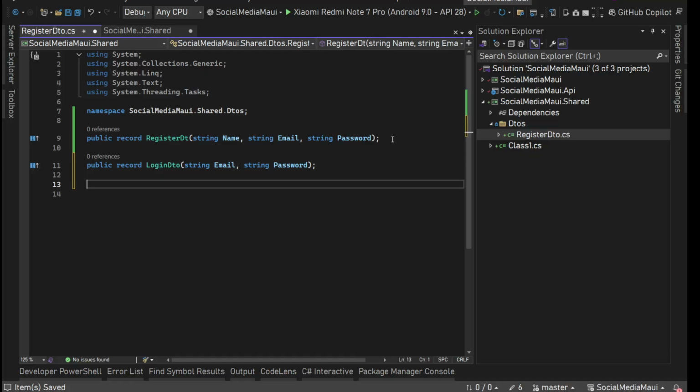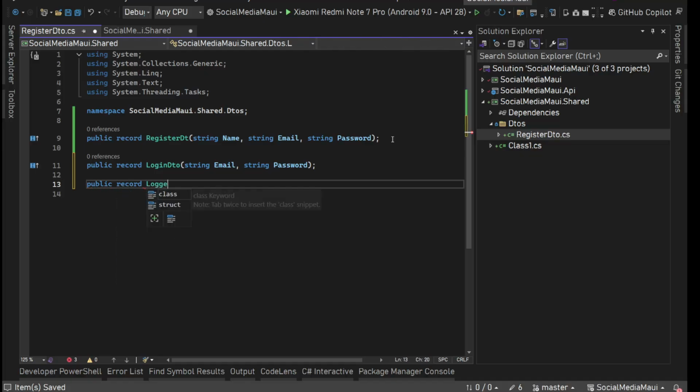It should be the information of the user and a JWT token. So we need two pieces of information, and we will have the current logged in user's information both in API and in the UI, the MAUI side. So for logged in user, I'm going to create a LoggedInUserDto,